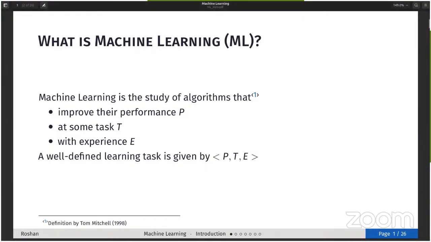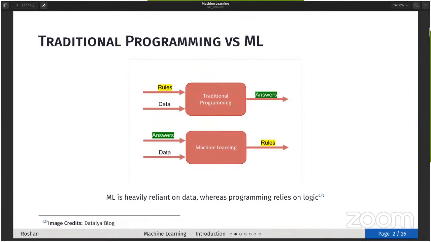That improve their performance P at some task with experience. Machine learning is a well-defined learning task that is given by these three parameters: P, T, and E. In a machine learning task, it should have all these three: a performance measure, some task, and an experience. I'll be going deep into what these three are in further slides, but let's look at traditional programming versus